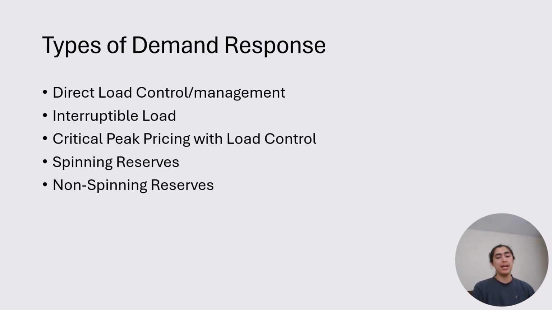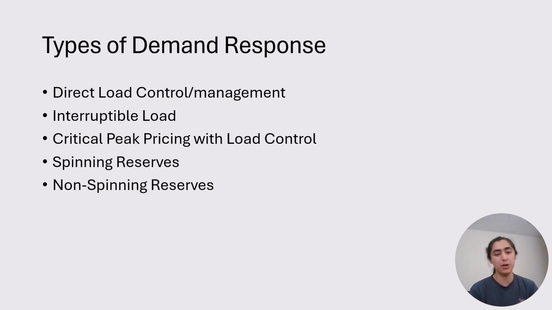An interruptible load is a contracted demand that will come offline at given points, usually in exchange for a reduced retail power rate or for some kind of energy credit. When you have a large energy demander, usually some kind of large firm that simultaneously uses a lot of energy, but also doesn't have the need for uninterrupted energy supply, if they can afford to have their energy go offline for a few hours for 15 days of the summer, they can save a lot of money by having a reduced rate on their energy, and that's usually how interruptible loads work.